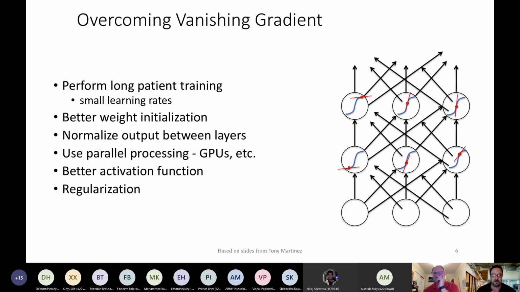As Danny mentioned earlier on, it's always okay to perform longer, very patient training runs. That just says, imagine we just set a very small learning rate and we very carefully tiptoe through the network and very slowly change the weights. Well, the upside is that you'll probably find some local minima, but this is going to take a long time. Lower learning rate kind of implies that.